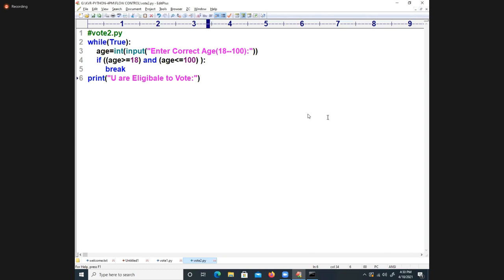Write a Python program which will generate a students marks report